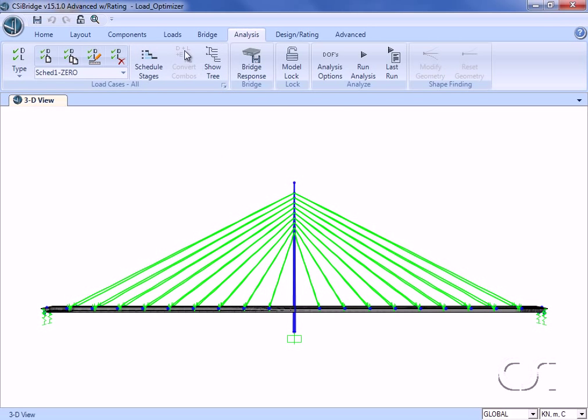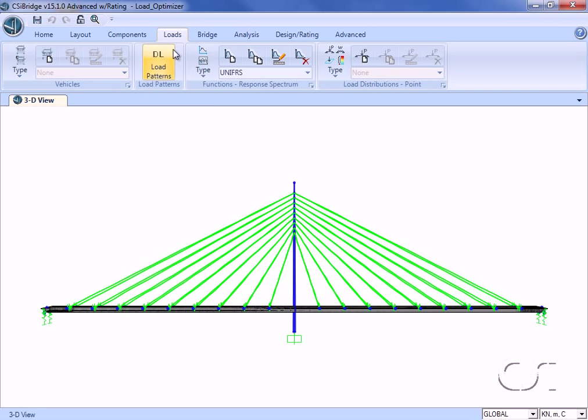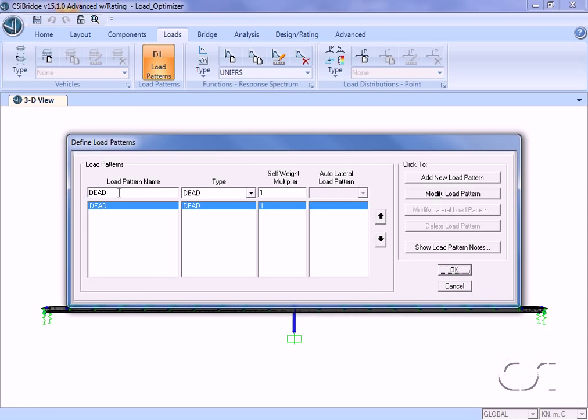We start by going to the Loads tab and defining our variable load pattern, which we will call tension cables. Even though we are adjusting multiple groups of cables, we need only define a single load pattern.